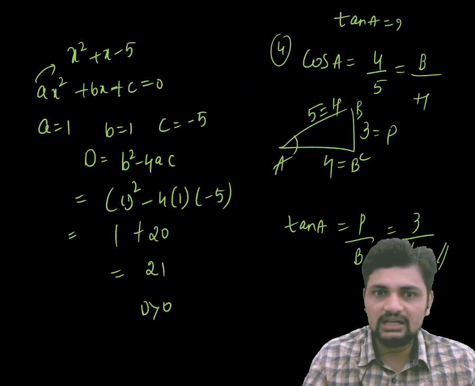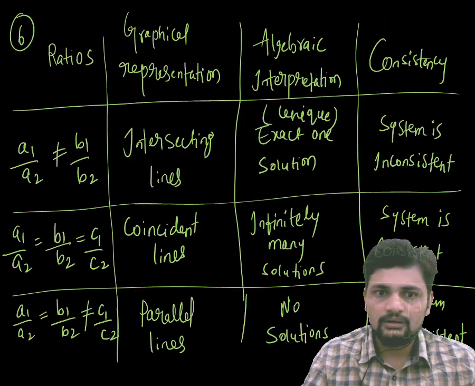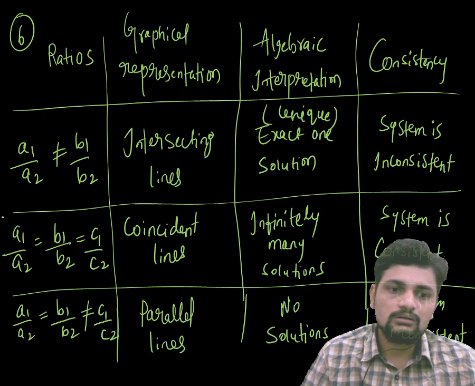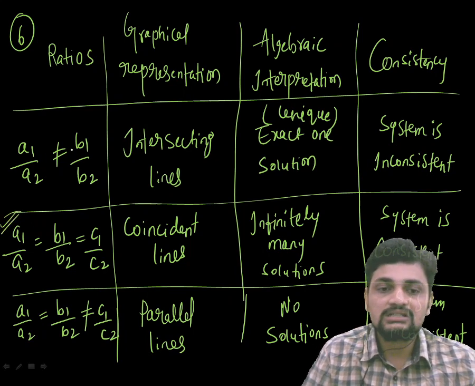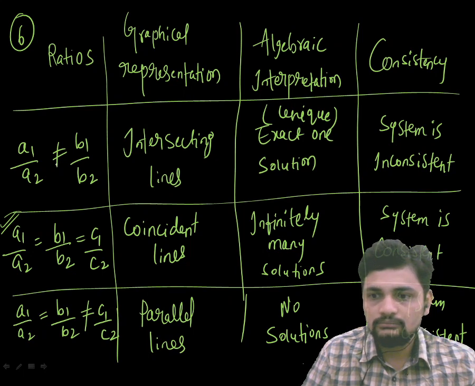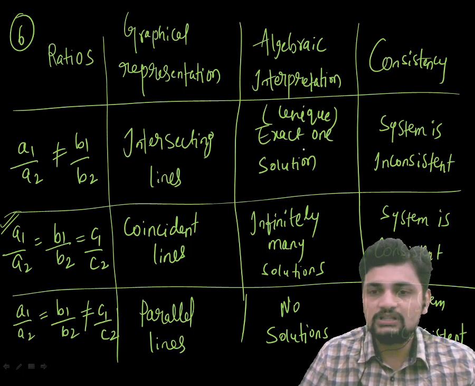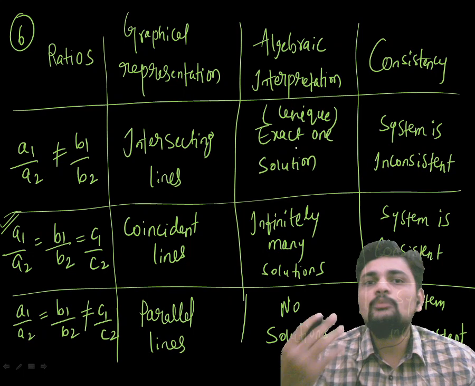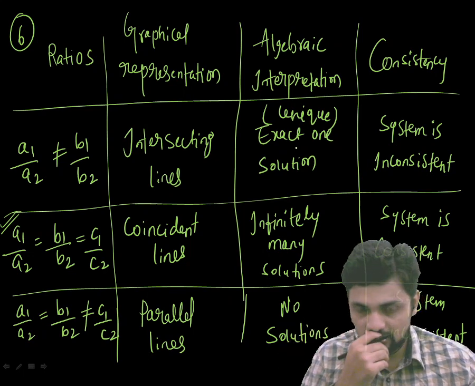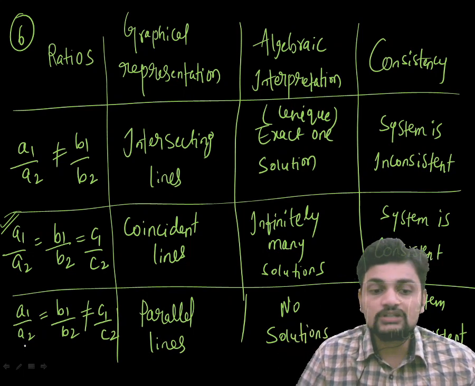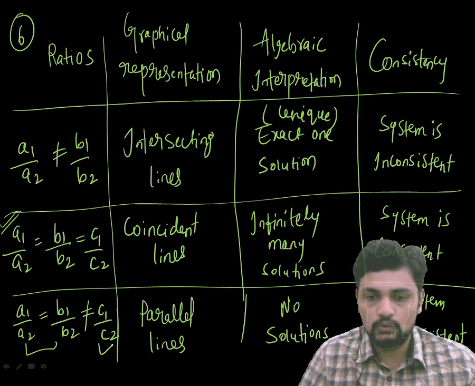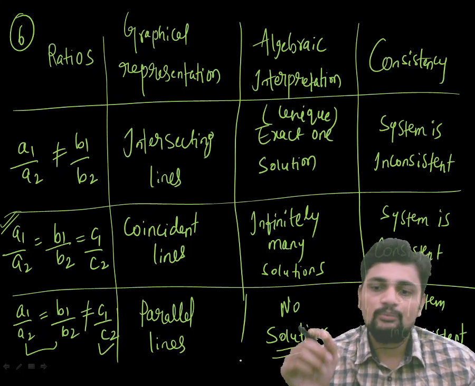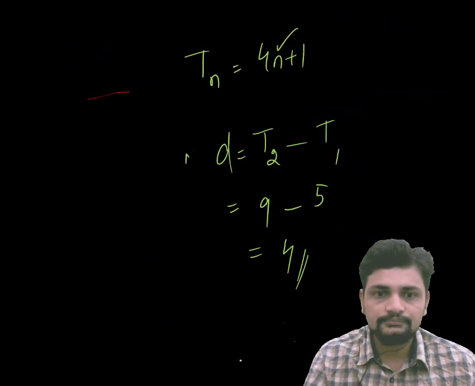That's why I have given here a table. This question was related to the second case. If the starting two ratios are not equal, then we get exactly one solution. I am talking about the different possibilities with respect to the question. If only two ratios are equal and those two ratios are not equal to the third ratio, then we don't get any solution. Now moving to next question.